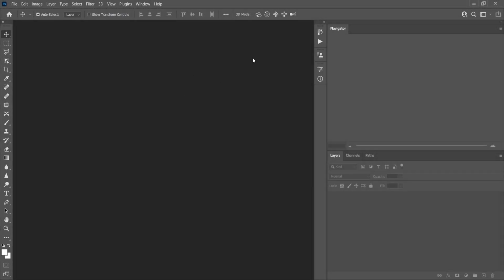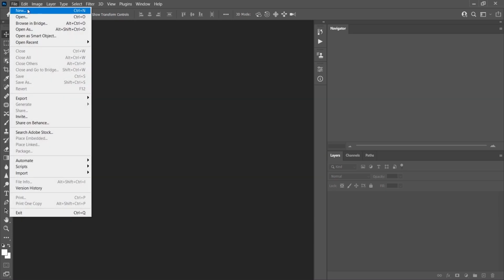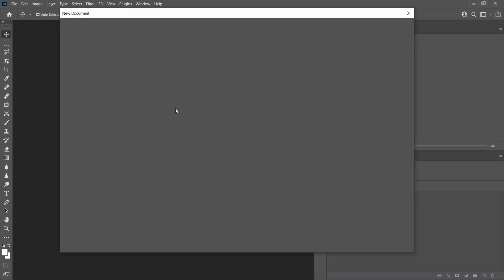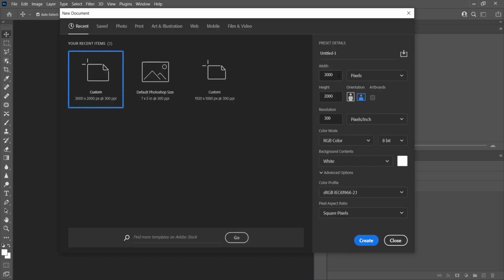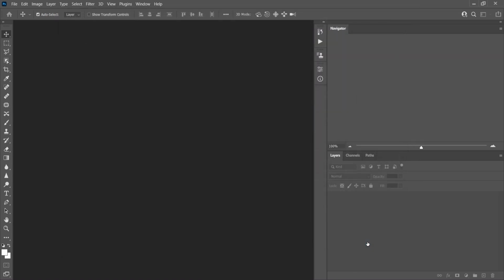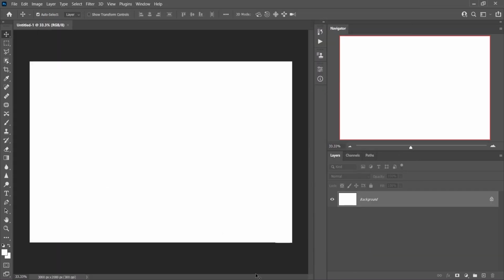Okay, let's jump into Photoshop, and at first I want to create a new document. Go to File and here is the New Document option. I'm going with pixels here, of course, and width 3000 pixels and height 2000, resolution 300, RGB color 8-bit, that's fine. So this is my canvas, and now I want to put a background here, and of course it